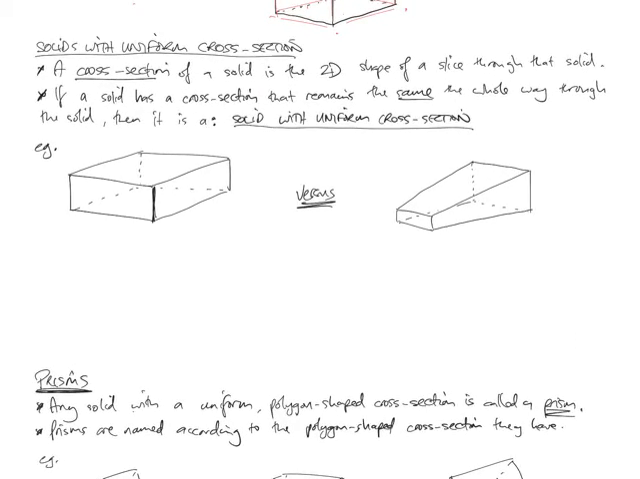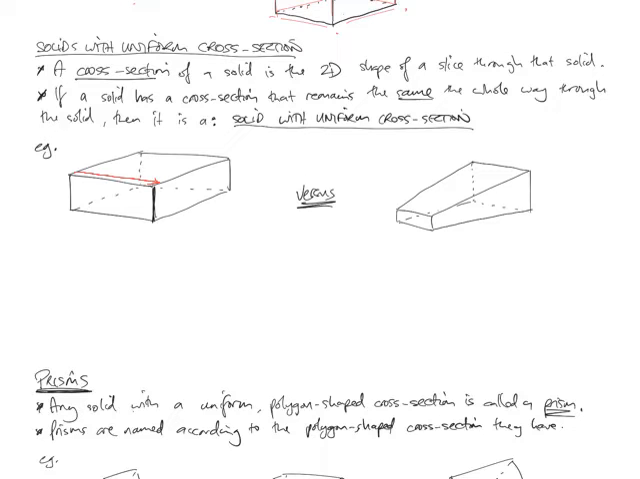Alright, the next idea we need to deal with is solids with a uniform cross-section. So a cross-section of a solid is the 2D shape that occurs when you slice through a solid. If a solid has a cross-section that's the same the whole way through the solid, then it's a solid with a uniform cross-section. So if we look at this shape here, if I was to cut it, say, in this direction,